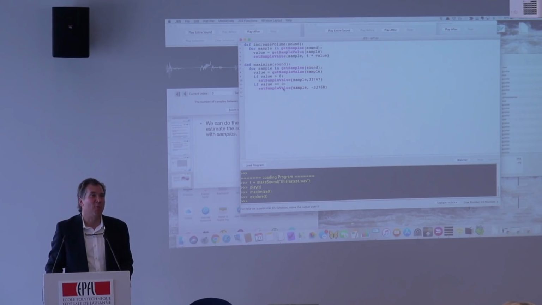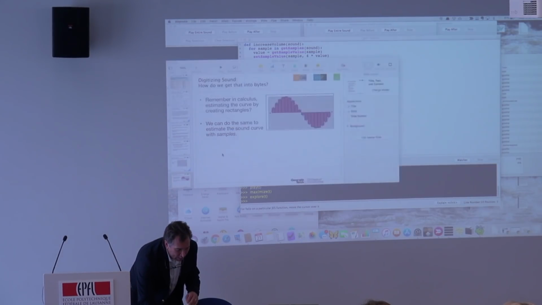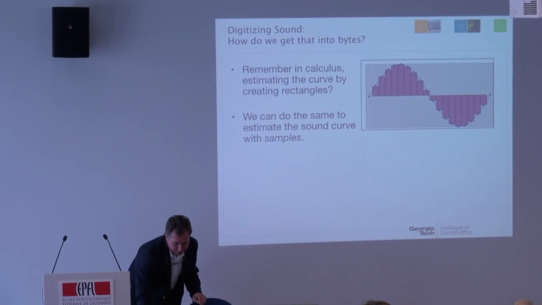Now, from a computer science perspective, for the computer scientists in the room, how many bits do I need to save per sample? Consider this. How many values are in the sound afterward? It's only 2. There's positive and negative 32K. I only need 1 bit per sample to save completely intelligible speech. This is one of the reasons why the West Point Military Academy now teaches media computation, because they think it's kind of important for future army officers to know how information can be hidden. I can hide 1 bit in lots of different places. It's a pretty powerful idea. Okay, now, but why did I force you all to put your thumb up?